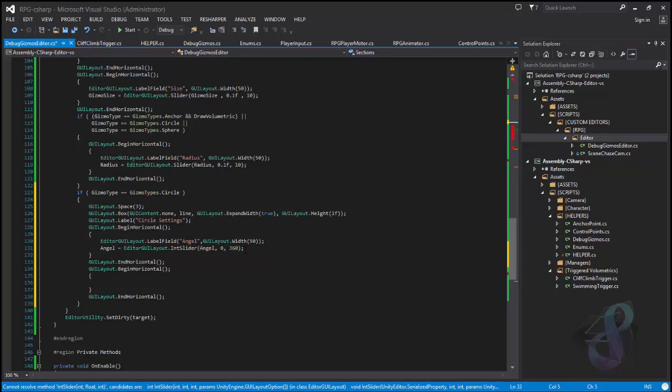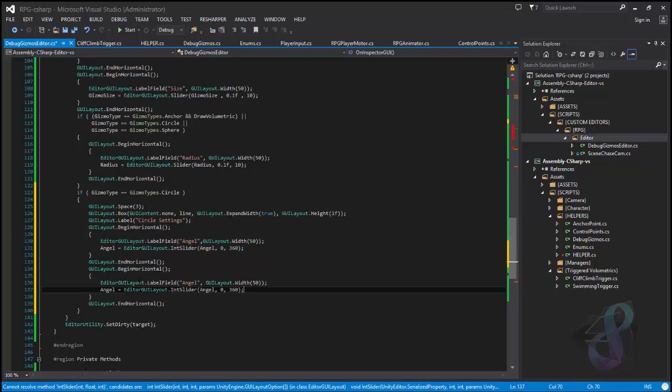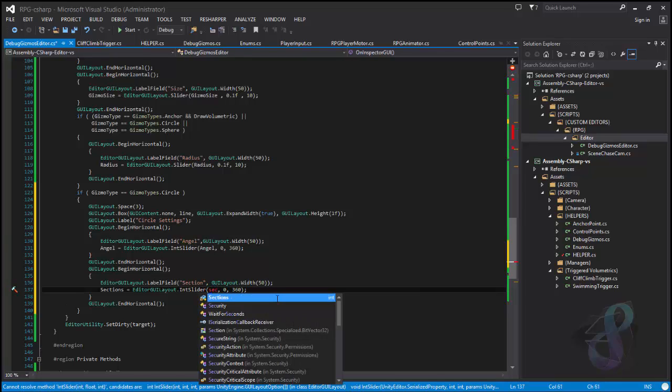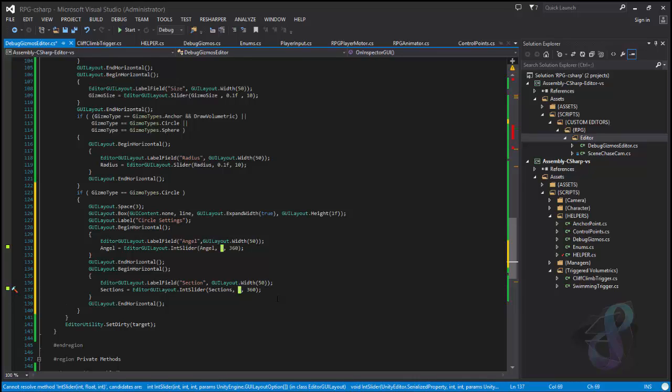So we use the same code here. We paste it. We say section, and it's 50 again, and sections equals int slider of the value of sections. We go from 3 to 30,